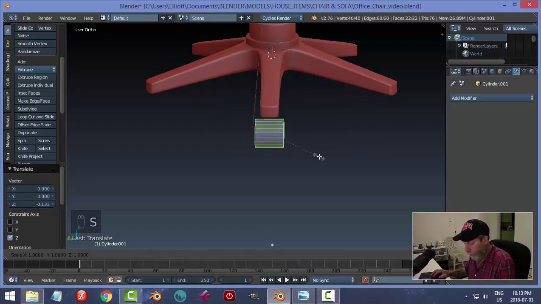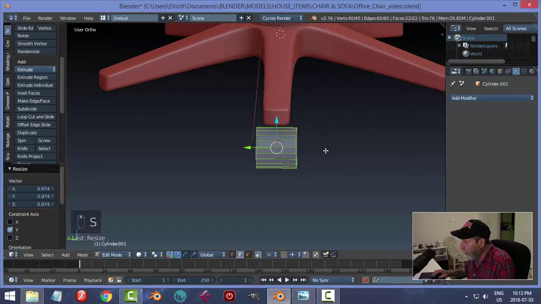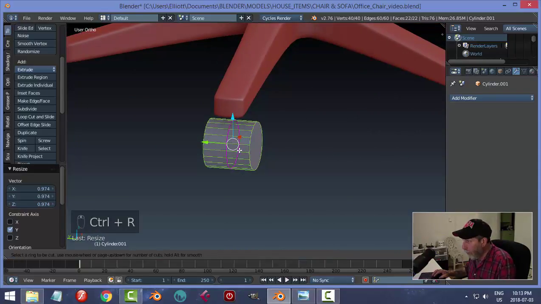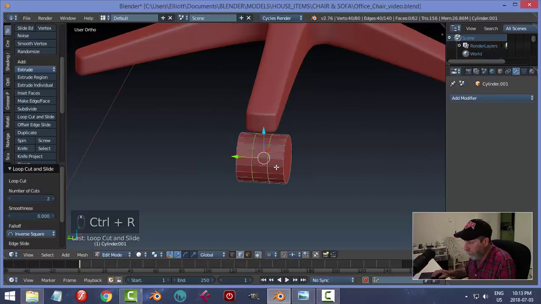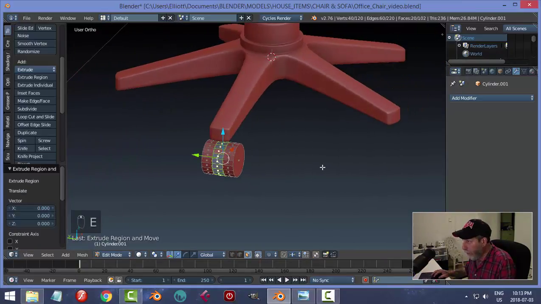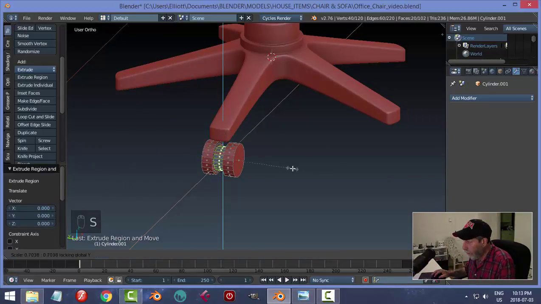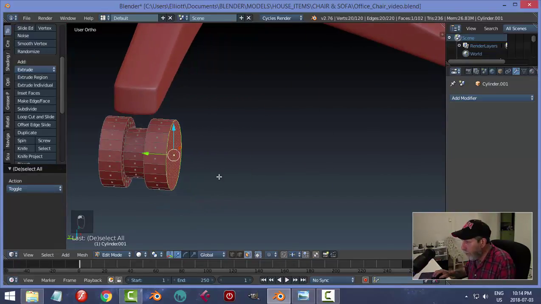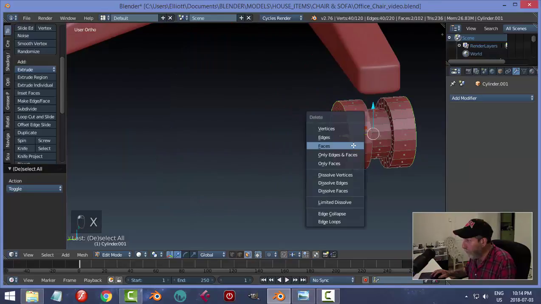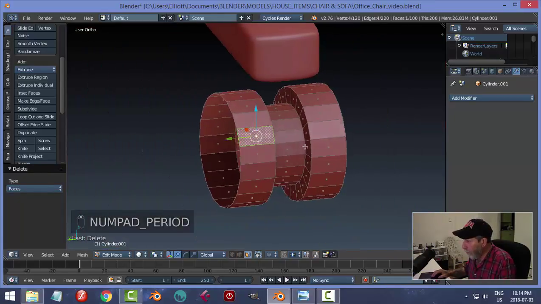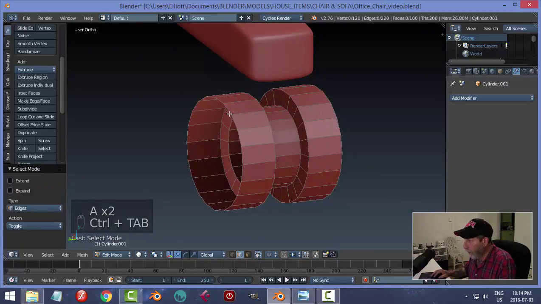Okay. And what I'm going to do is put 2 edge loops, and I'm going to select all of that, and go E to extrude, scale Shift Y, and pull it in to make that part there. Okay, and then I'm going to take this face and this face and delete them. Let's press the period key to zoom in on just that. And then I'm going to take edge,